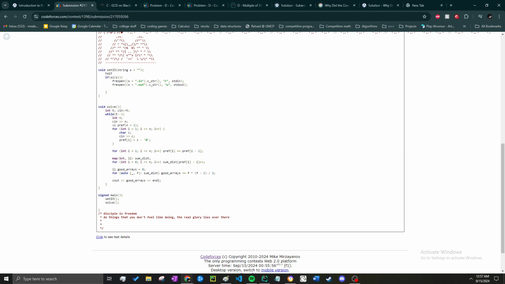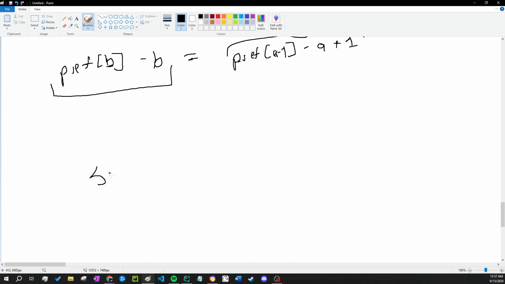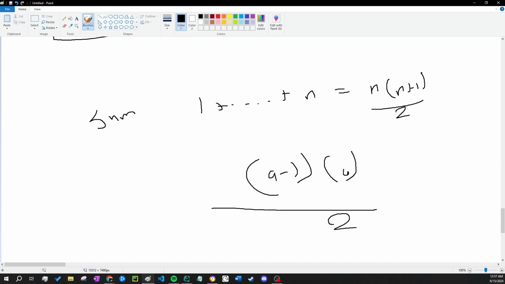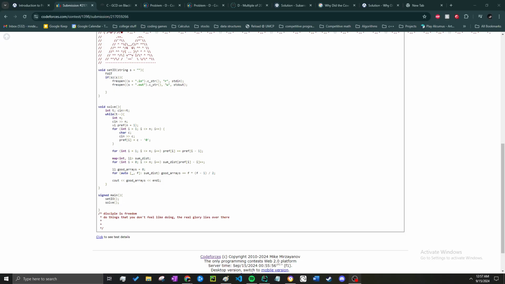I'm pretty sure most of you know the sum from 1 to n is n times n plus 1 over 2. And since we don't get an a plus 1, it's simply a minus 1 times a over 2, I believe, right? Yeah. And I think that itself is going to give a prefix, I believe. Well, is it really? Where is f coming from? Yeah, I can see it now.